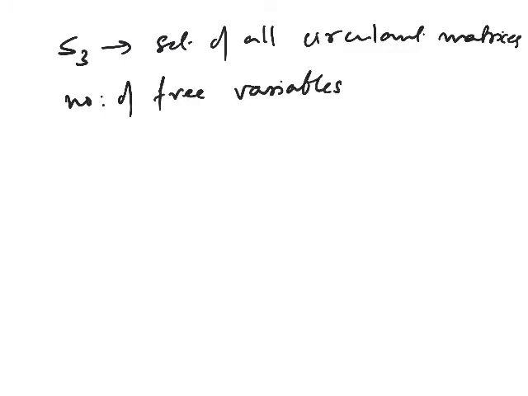Okay, before that, is it a subspace? All of you by default assume that it is a subspace. Is it a subspace? It is, right? Because you take two circulant matrices, you add, and what you get is again a circulant matrix. Nothing is going to change. Right? The number of free variables is n, only the first row.